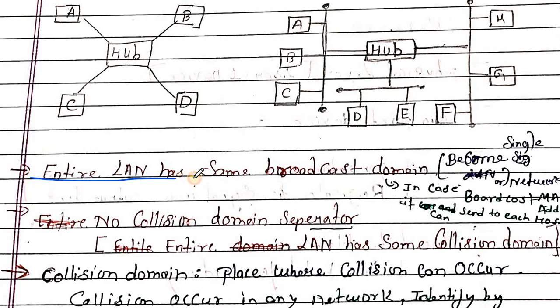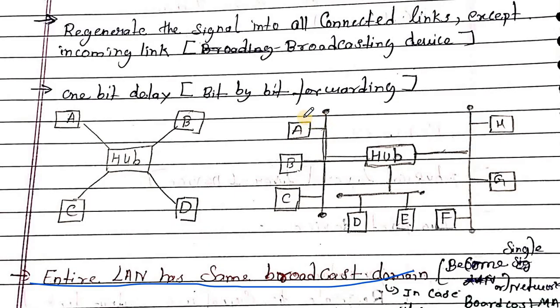Here the entire LAN has the same broadcast domain. Means that if A1 sends the frame, then the frame is received by B, C, D, E, F, H and G. Means if the frame